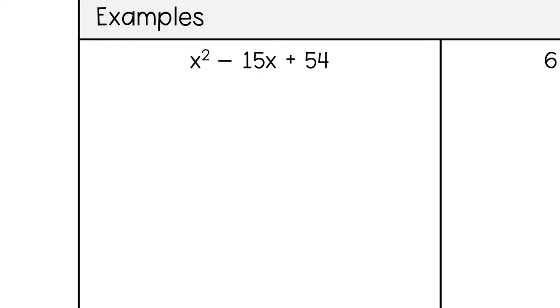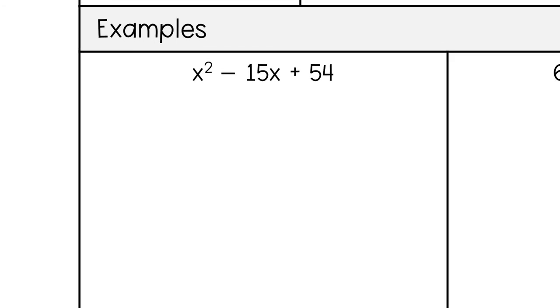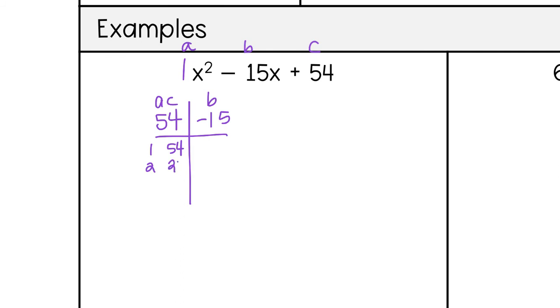We have x squared minus 15x plus 54. So remember that this is an invisible 1, so that would be a. Negative 15 is our b, and c is 54. So if I do that table for AC, 1 times 54 is 54. I need it to add up to b, so I'm going to need it to add up to negative 15. So let's look at our factors. I could do 1 times 54, 2 times 27,